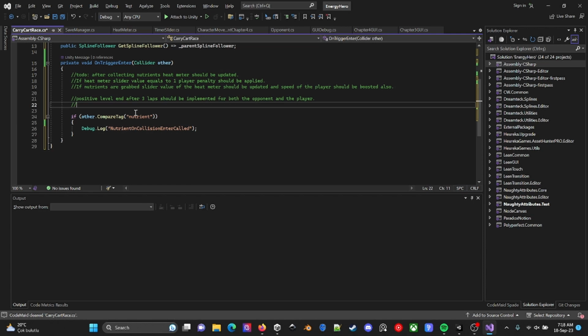In addition to this, negative level ends should be implemented also if the opponent finishes before the player.